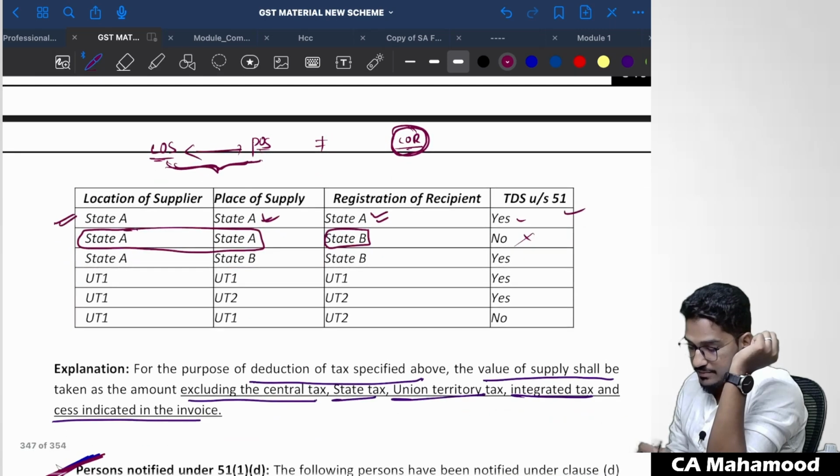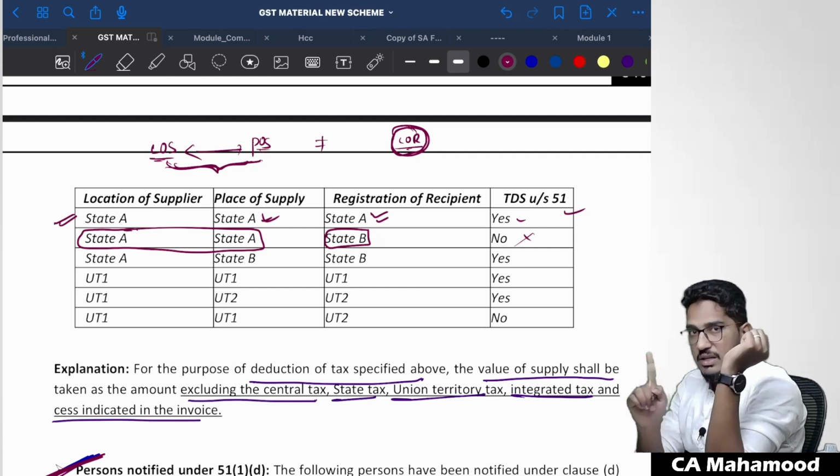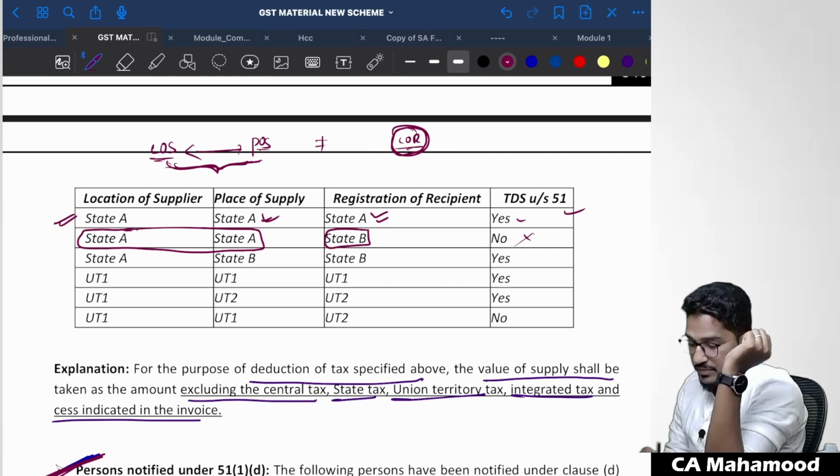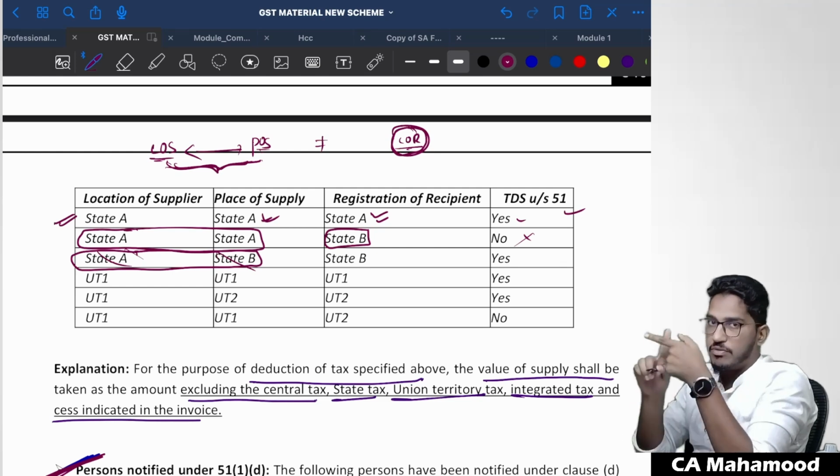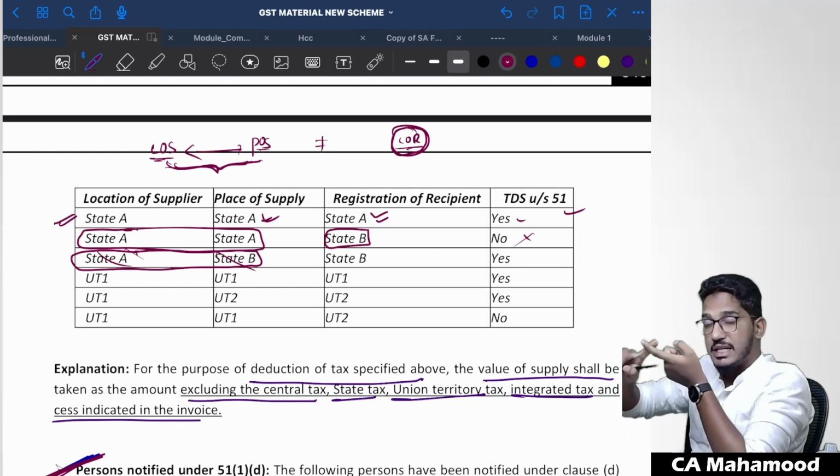Let us take another case. State A, location of the supplier, state A, place of supply, state B, registration of recipient, state B. Will TDS become applicable? Yes. Only one condition when TDS will not become applicable, where location of the supplier and place of supply both are falling in same state. That itself is not there. Everything is different here. So location of the supplier and place of supply both are not falling in same state. So TDS will not become